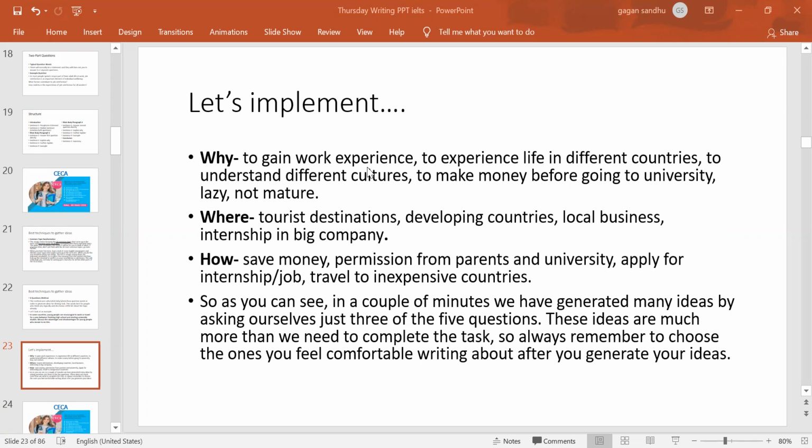Like first, who, definitely the subject of the question. Then what, that's the work or the thing they are saying to do. And then keep asking why, where, and how, right? So this is logically connecting the dots and planning the essay. So we just spent 5 minutes here and we got good enough ideas, ways to implement that, places to actually practically play the part in. So we got all the answers here, and now we can just write the essay as per the given structure